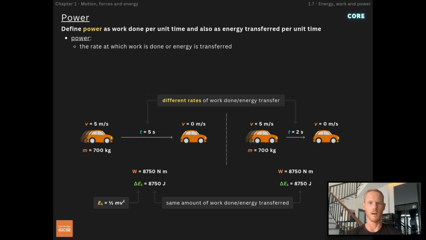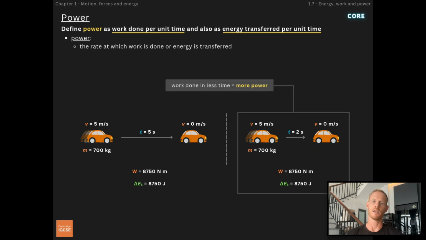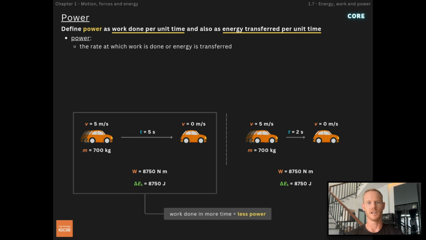Now, since the cars come to rest in different periods of time, the rate of energy transfer is different. Power is the rate at which work is done or energy is transferred, defined as work done per unit time and also as energy transferred per unit time. The car that stops in a shorter amount of time requires a higher rate of energy transfer. It needs to do the same amount of work in less time, and this means its brakes exert more power. The car that takes longer to stop has the work spread out over a longer period, meaning its brakes exert